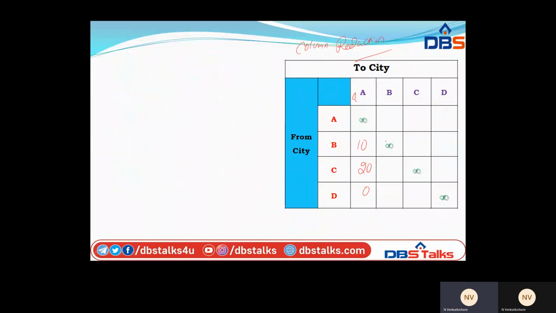Next, in the same manner, if you see the other columns, the values are the same. For the third column, which one is the least? 50, 125, 65. 50 is the least value. So subtract it from the others. So that is 75, this is 50. So obviously, what is the last column?